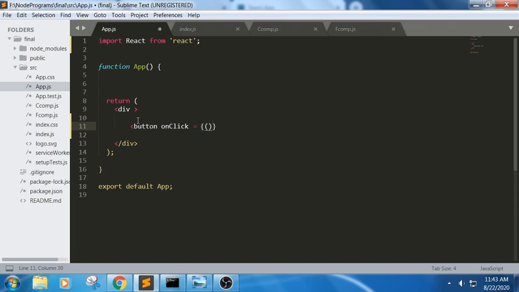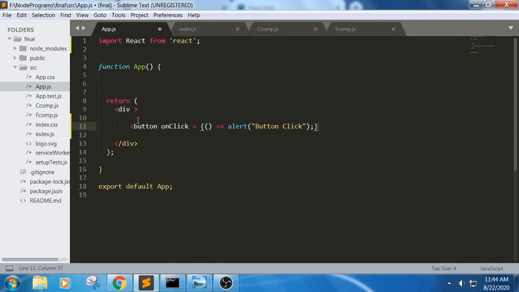An arrow function followed by alert, and a button click. So we got how to use an arrow function here.